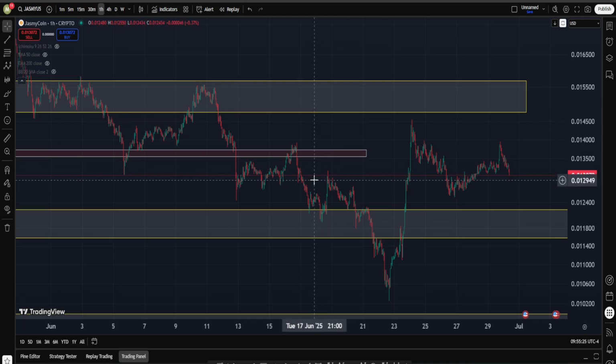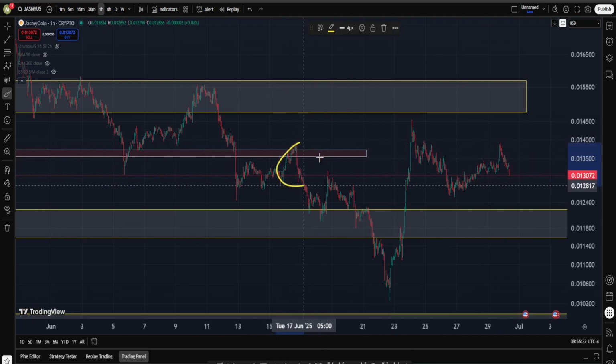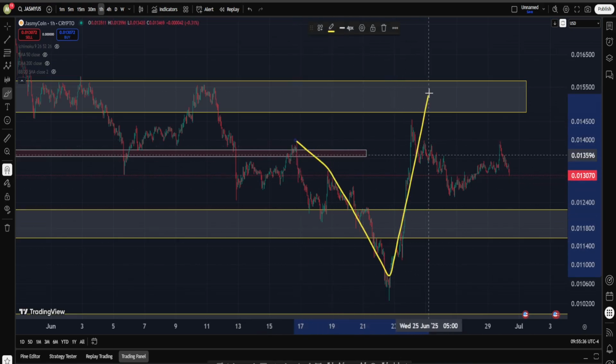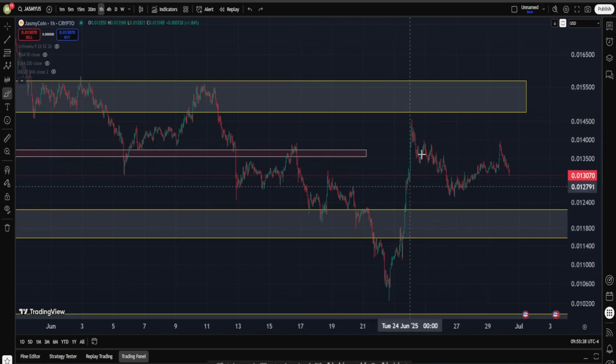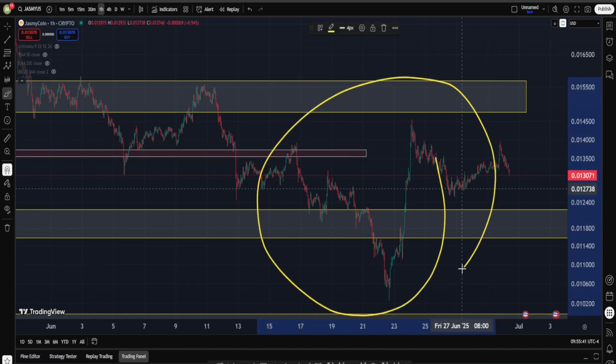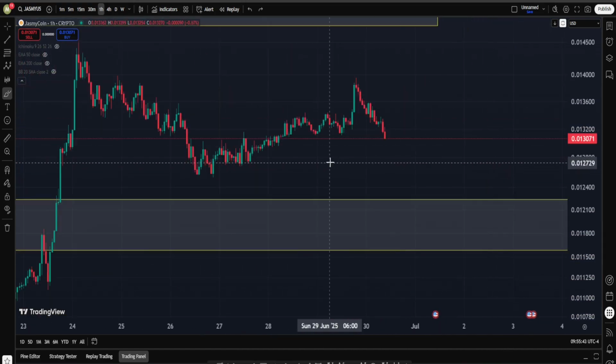A lot, and I really mean it, a lot happened since we talked about Jasmy coin in the previous video, because I think the last time we were actually right in here, and then followed by that we got a move down, followed by a very strong bounce back. Now, before we talk about what is happening in this specific area, let's talk about the short-term price action a